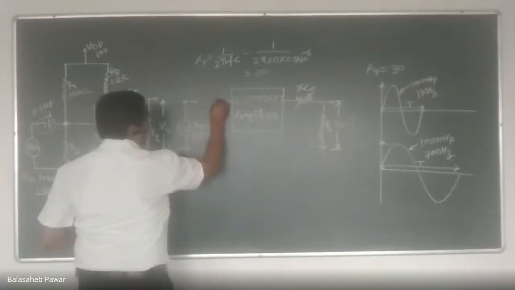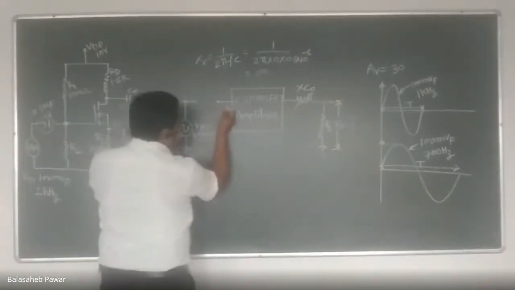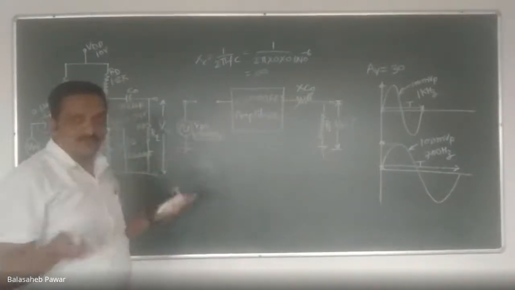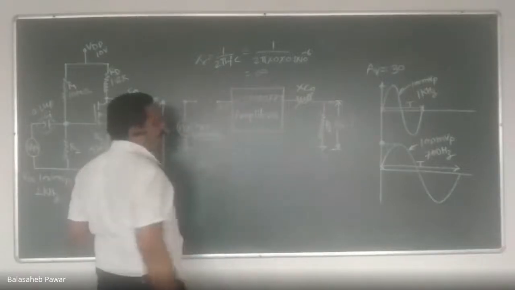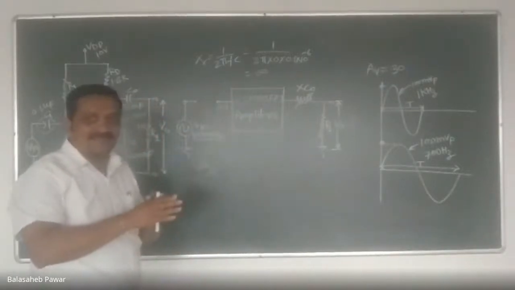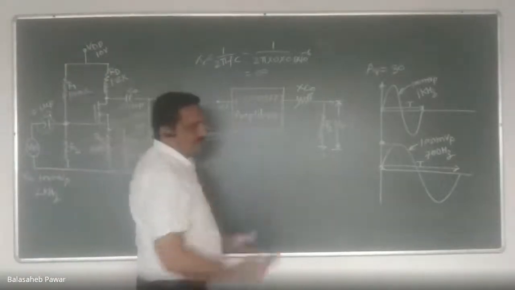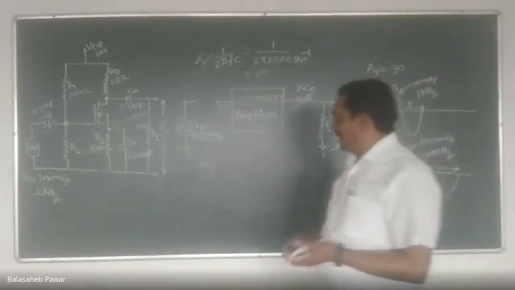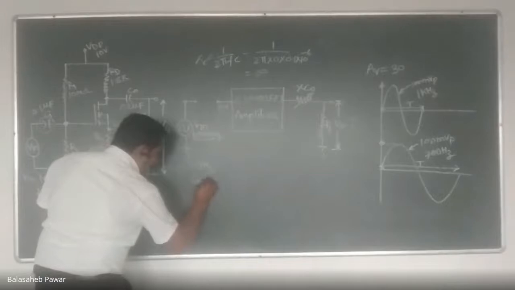This is our input coupling capacitor, and it will act as open. Now, how much will be the signal applied to this box, which is acting as the amplifier? 0, no signal. The applied signal will be 0 volt because the capacitor is acting as an open circuit, and that's why the output will be 0. Now, if we increase the frequency from 0 hertz to, suppose, 100 hertz.